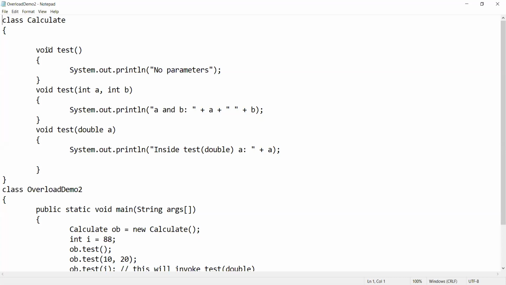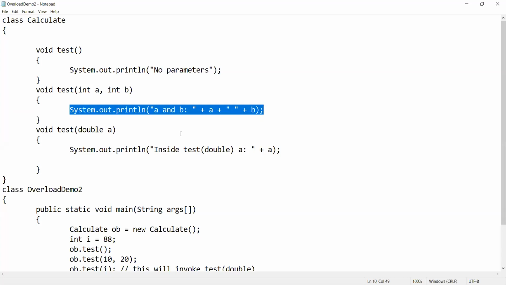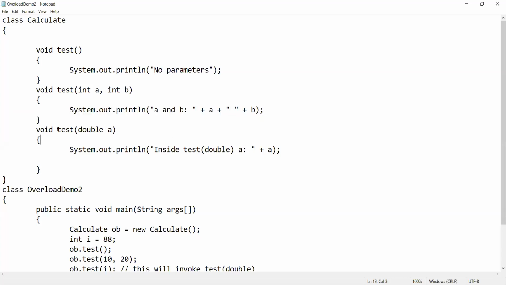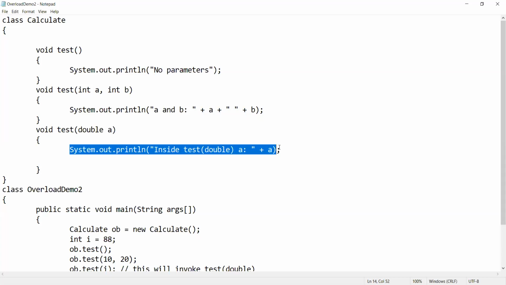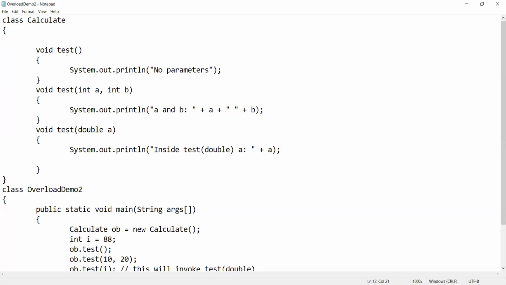First I am declaring a test method. The test method has no argument, so I am just printing that there is no parameter. And the second method test, you just see, has two integer variables A and B, and I am just printing those variables. And the third method is test with a double. Inside, I am just printing that. So this is the example of overloading. The test method is overloaded here.